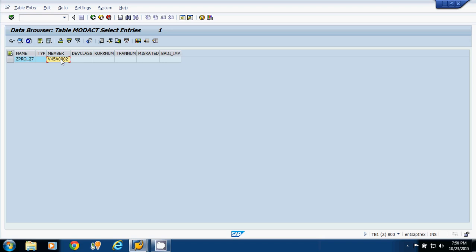Now in CMOD transaction, where you have created the project, pass the enhancement name there. The components will automatically appear there. Activate the project and double click on the member where we have the Z include. Create the Z include and write the logic there. Whenever you run that transaction, that code will be executed and you can fulfill your requirement.